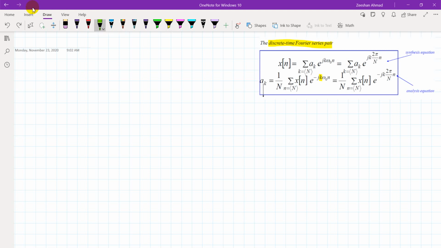The first problem is we need to find the Fourier series coefficient for x of n equal to cosine of pi by 3 n here. So we need to find the Fourier series coefficient, and we can also plot its magnitude and phase spectrum here. Now, first of all,